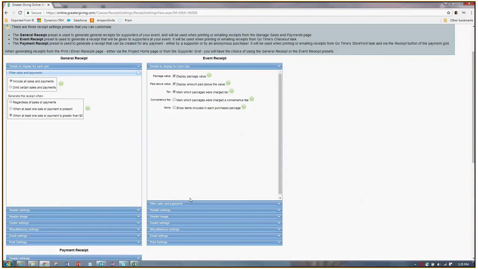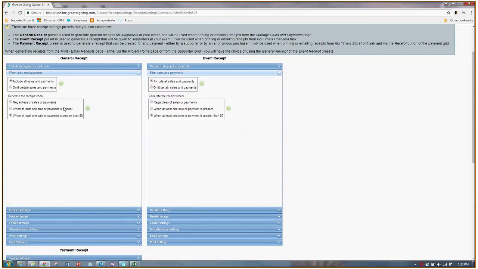Filter sales and payments, and you're going to notice as I go through this, the general receipt, we pretty much keep all the defaults except the details to display and then the email settings. They're really the only ones we change in there. Where most of the changes happen is to the event receipts. Okay, so we're going to keep the defaults for general, and then we're going to omit certain sales and payments